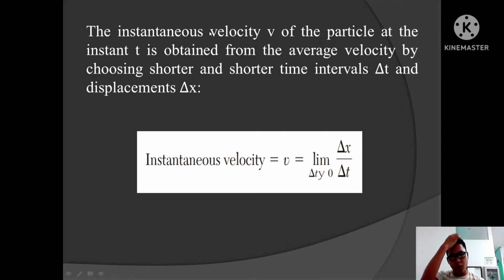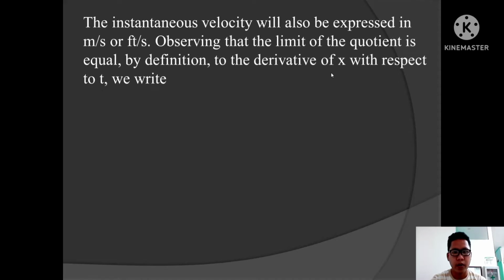So we have this instantaneous velocity formula where v is equal to the limit as delta t approaches 0 of delta x over delta t, where delta x is the displacement and delta t is the shorter time interval. The instantaneous velocity will also be expressed in meters per second or feet per second. Observing that the limit of the quotient is equal, by definition, to the derivative of x with respect to t, we write